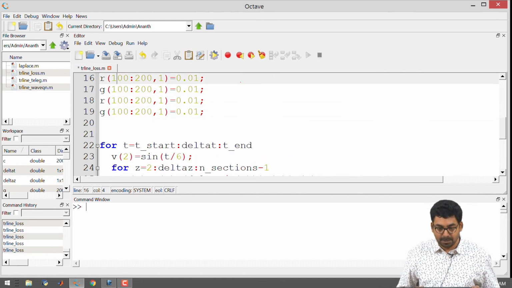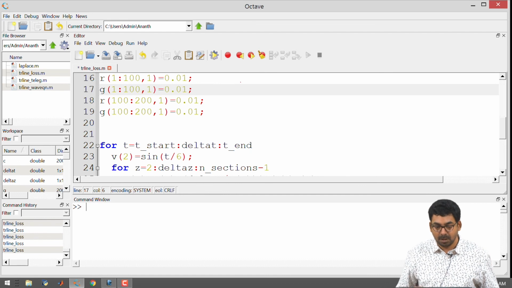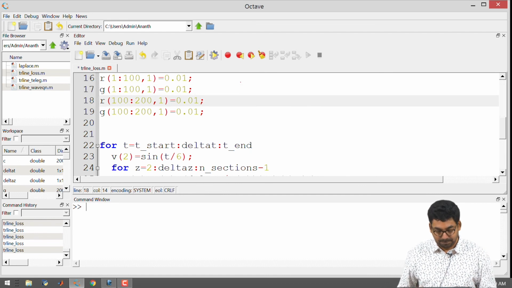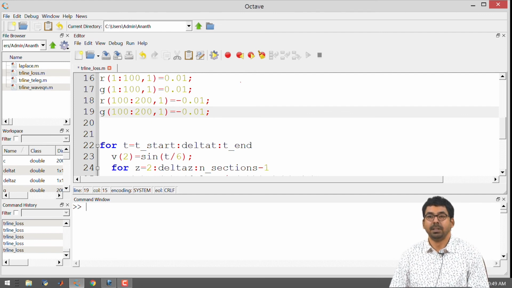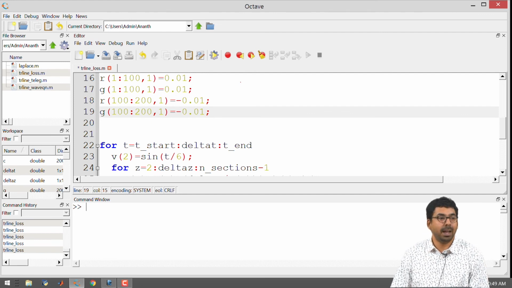I am going to make this from 1 to 100, so I am going to have an attenuation in the first section, and I'm going to have a gain in the second section, all right.